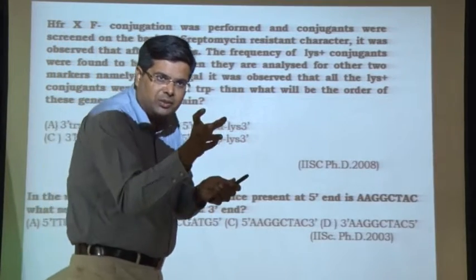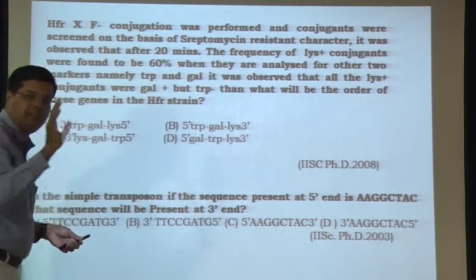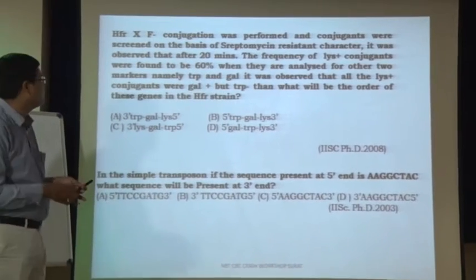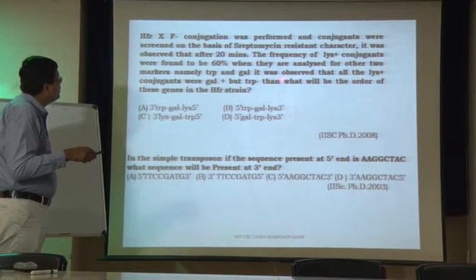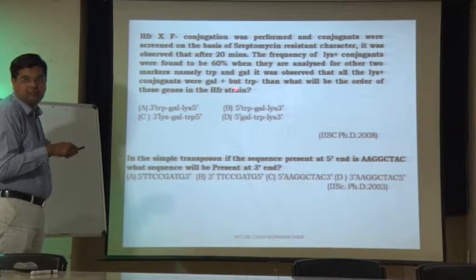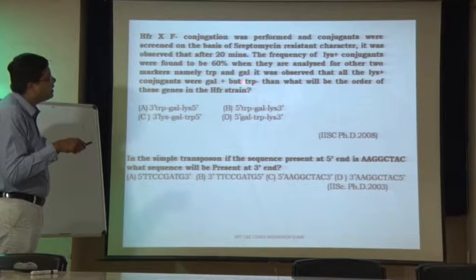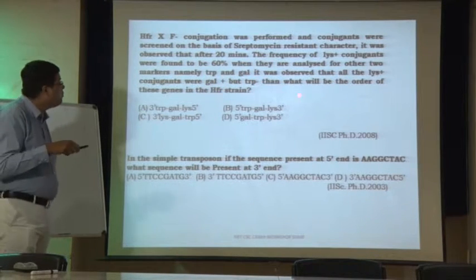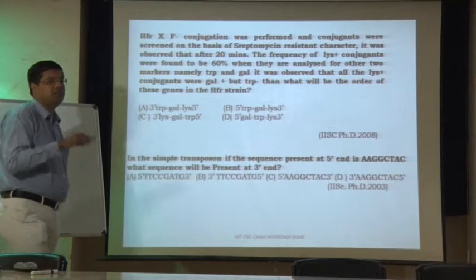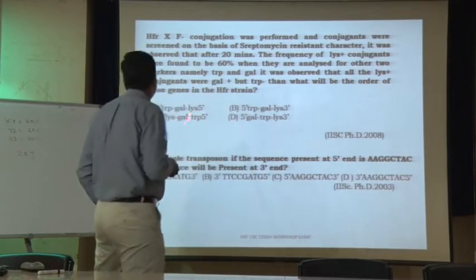मतलब कितने lysine conjugates gal plus और tryptophan plus है, वो चेक किया गया. Out of those 60% lysine conjugates. Now it was observed that all the lysine plus conjugates were gal plus. All the lysine plus conjugates were gal plus, but trip minus. What will be the order of these genes in the HFR strain? चलो कौन बताएगा ये आंसर? Lysine will be the